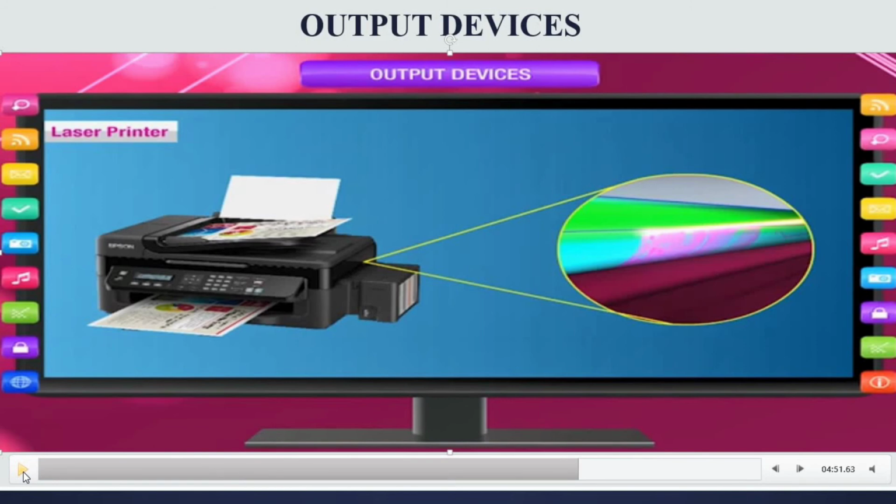Now see the next, the laser printer, the third type of the printer. First is the dot matrix, second is the inkjet, and the third one is the laser printer. This deflects a laser beam on the photosensitive paper to print characters with the help of powder ink. We use powder ink to print a character on the paper, and the laser beam is also used in this printer.